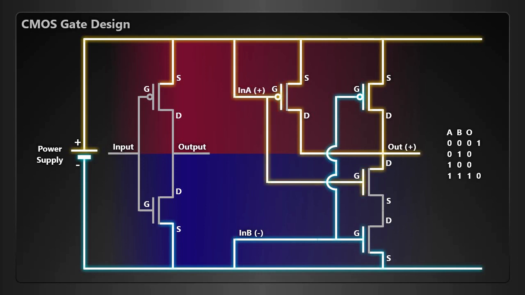If any of the two inputs A or B is high while the other is low, since one of the N-type transistors will be off, they cannot form a continuous path of current to our output, so the N part of the circuit is effectively off. On the P part, either the A or B P-type transistors will be on, pulling our output high.